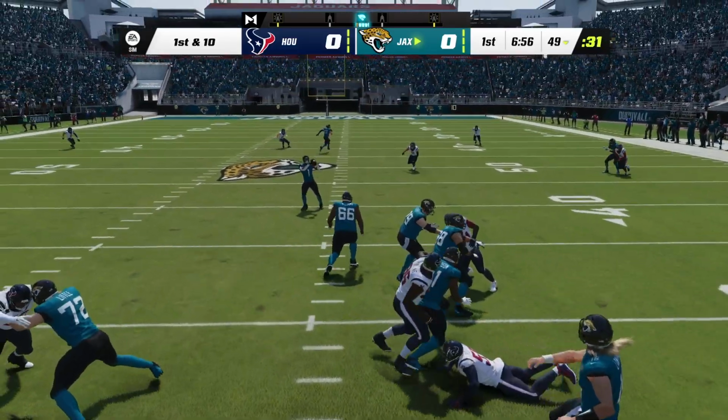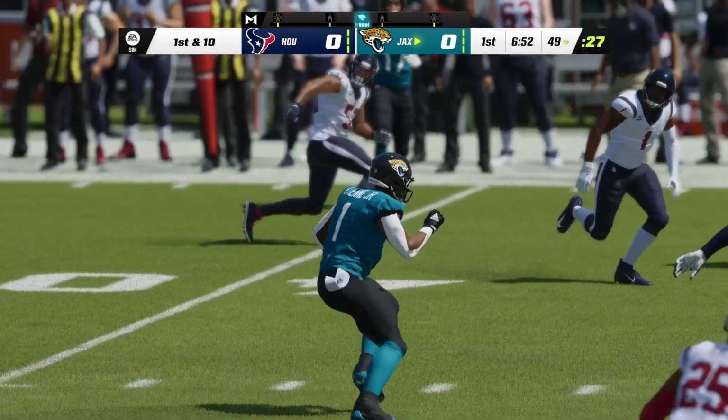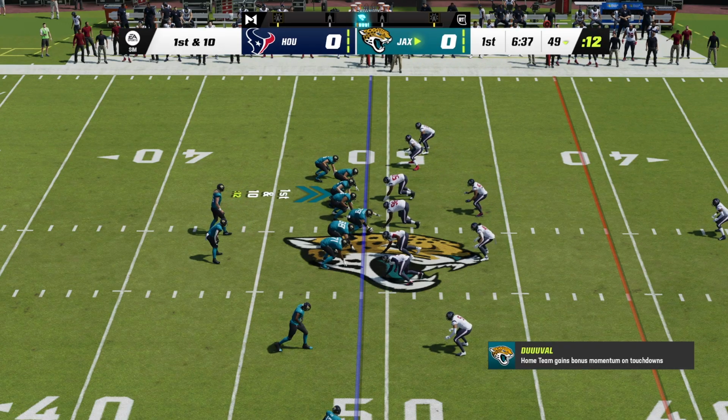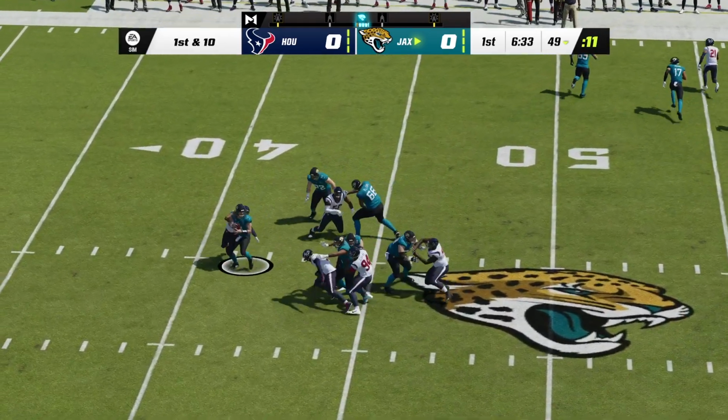Well, we know he can run the football too, but he's a good pass catcher. That's been on display here, Charles, on this opening drive. And we certainly have seen the benefits of what he did in the offseason, which was spend more time with wide receivers, working on routes, working on cuts, in order to make himself a more...